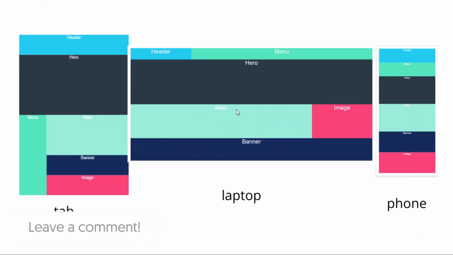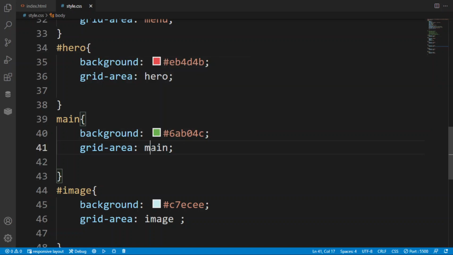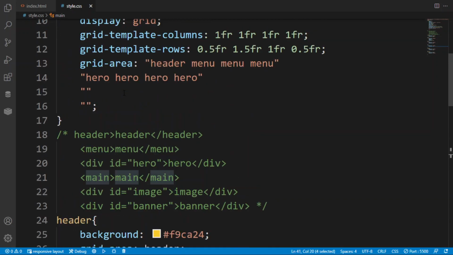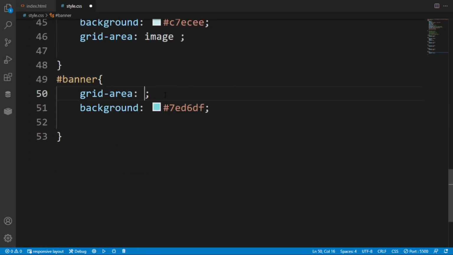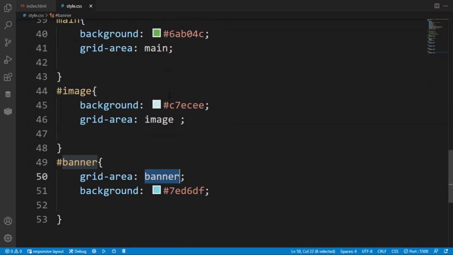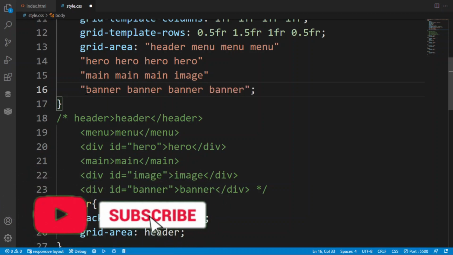So I have created it 4 times, and after saving it there is no preview. So here there are 3 sections for main and 1 section for image. So copy the main section. Here you just have to paste it 3 times, and the last one will be the image that I have written. After saving it there will be no preview in the Chrome browser, because at the end we also have to write that one, only then will it appear.